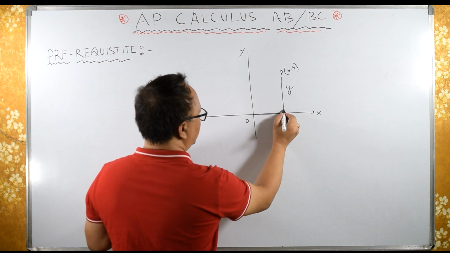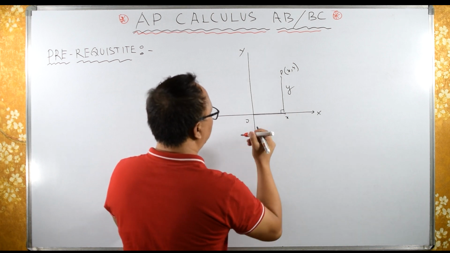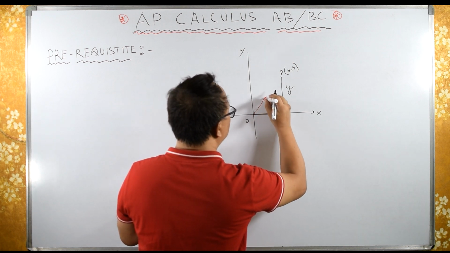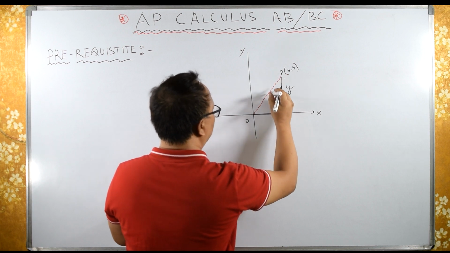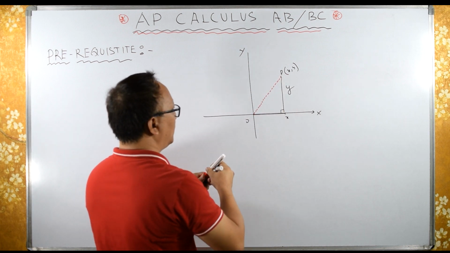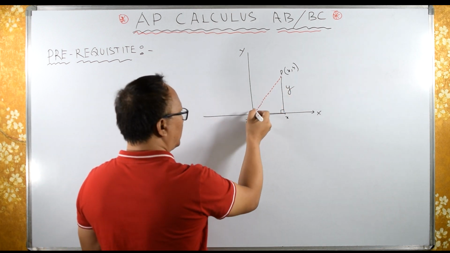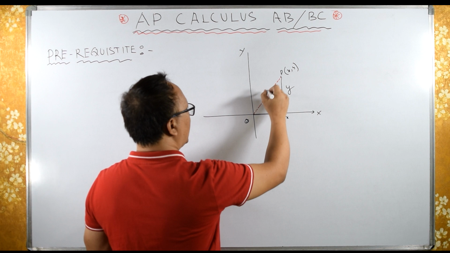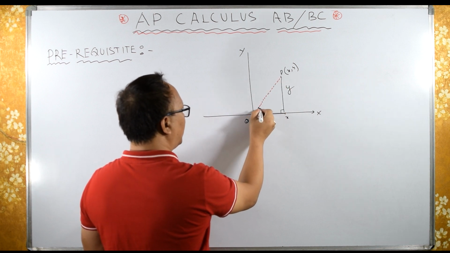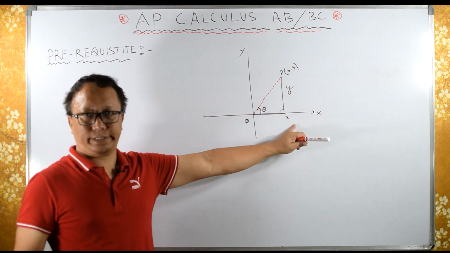Now this is what? This is a right angle triangle. So if I make this triangle over here, this is called the hypotenuse. If this line segment OP makes an angle theta to the positive x-axis,